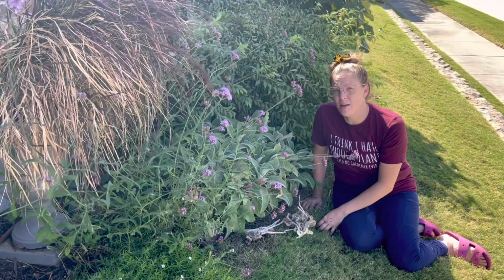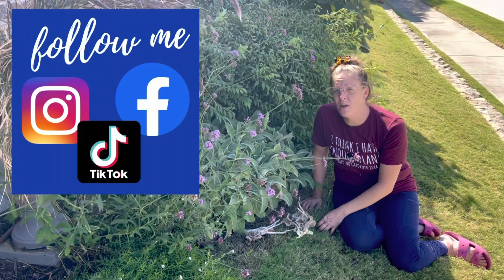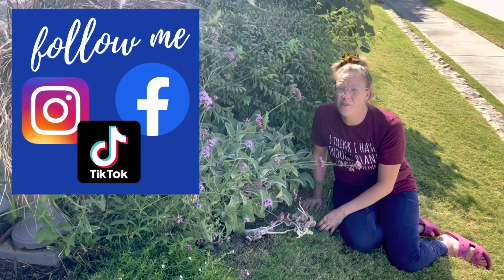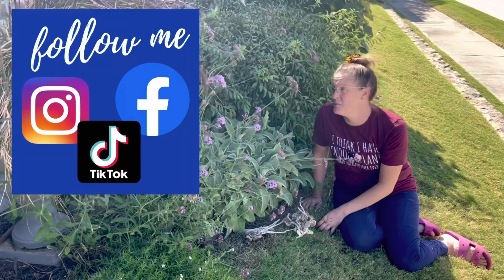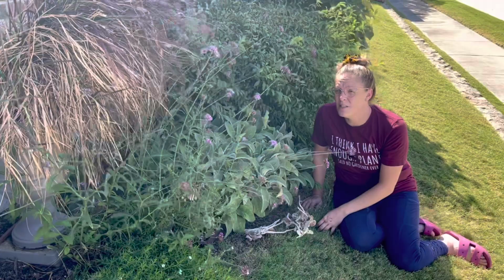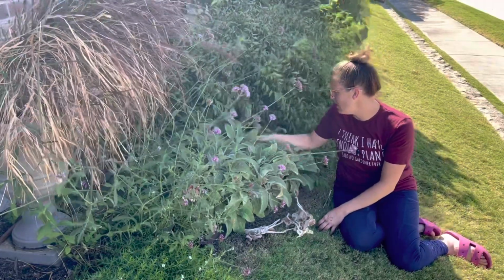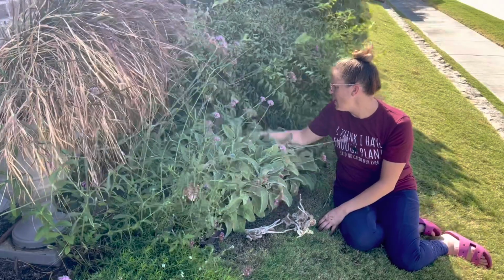Fall is a great time to divide perennials. You want to be dividing them about 6 to 8 weeks prior to your first frost. I've divided them up to 2 weeks before the first frost. Now, obviously, I have an unexpected little potential of a frost, but I don't think it's going to be deep enough to really injure anything or hurt anything. But anyway, so